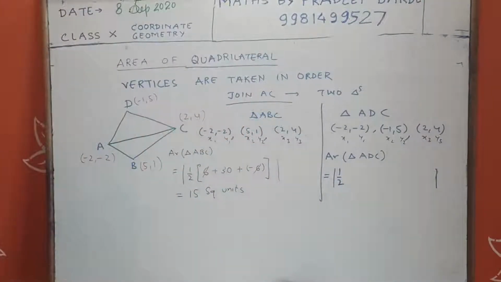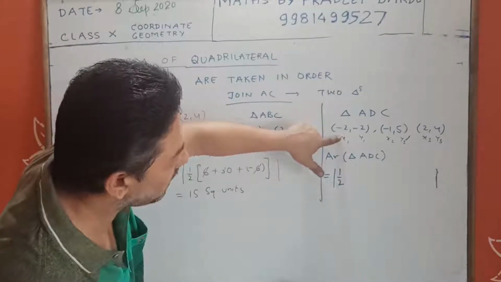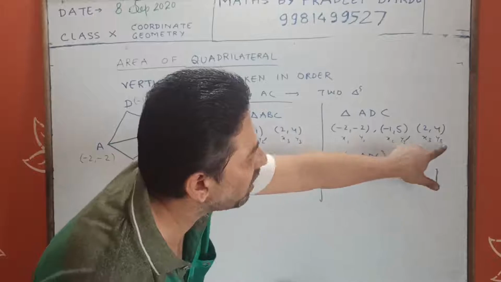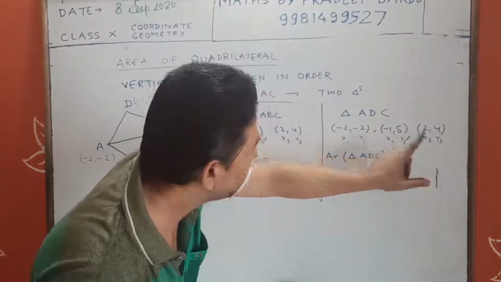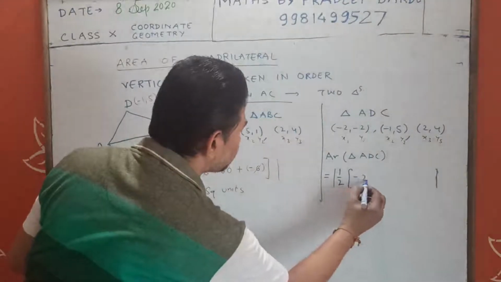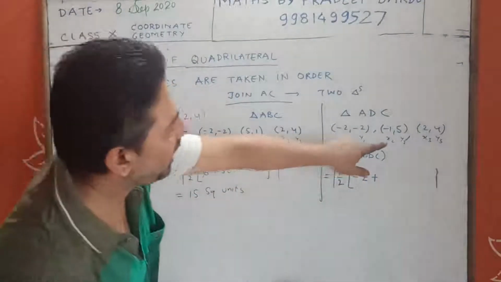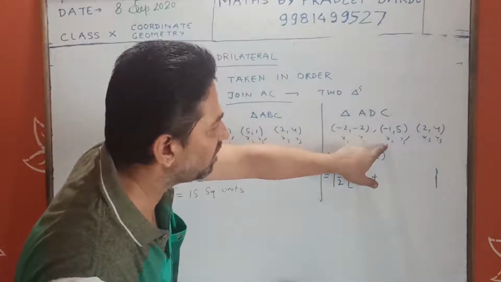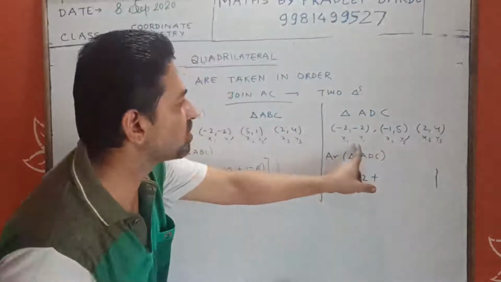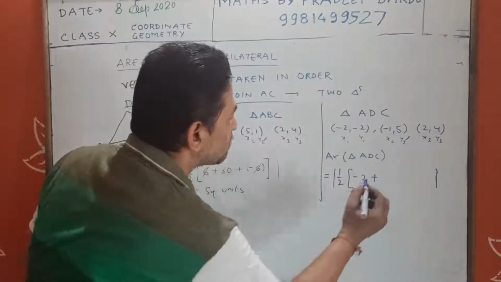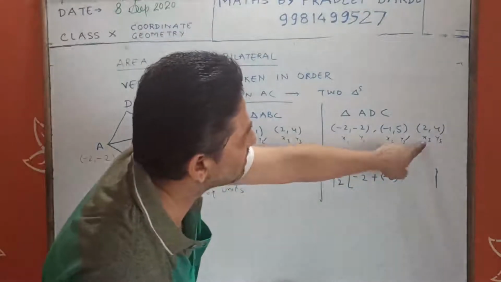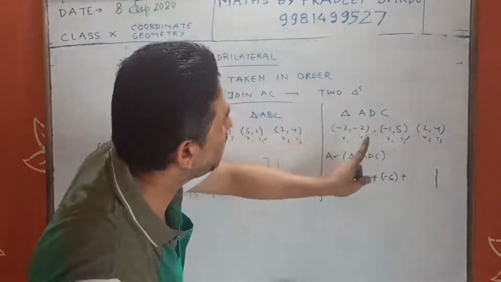Again I am doing it directly. x1 -2 into y2 minus y3, 5 minus 4, 1, -2 into 1, this is -2, plus x2 minus 1, y3 minus y1, 4 plus 2, 6 into -1, this is -6, plus x3, 2 into